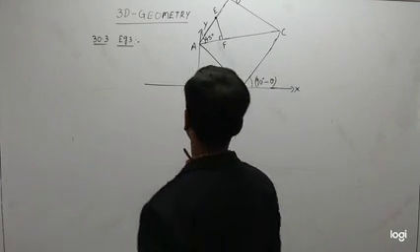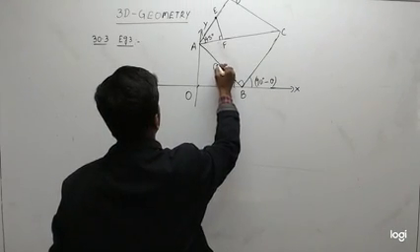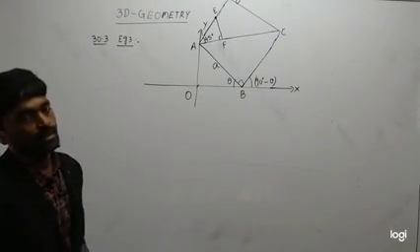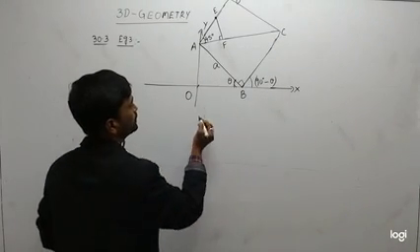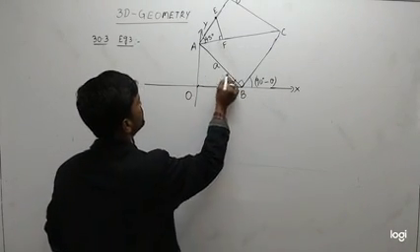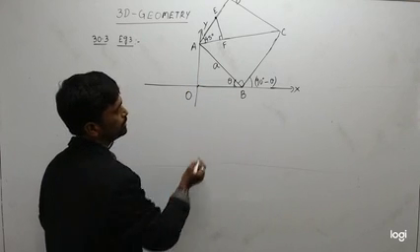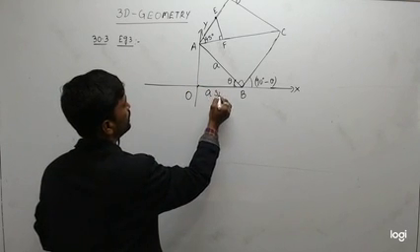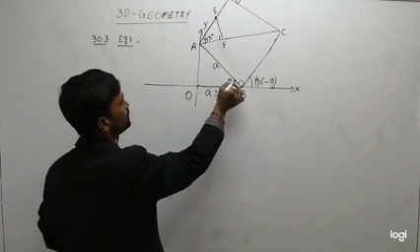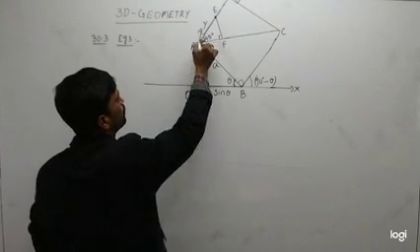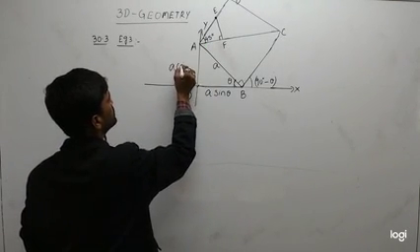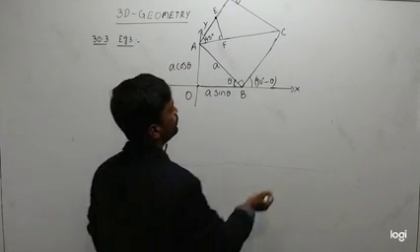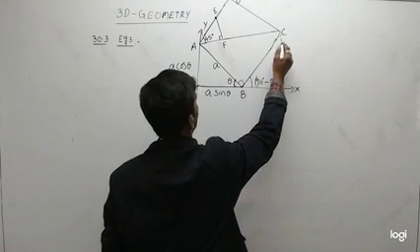So what is the side of the square? A units. So this is the angle theta. So this is the adjacent side of this right angle triangle OAB. So this adjacent side becomes what? A times sine theta only, because the hypotenuse is A. And this opposite side becomes A cos theta.